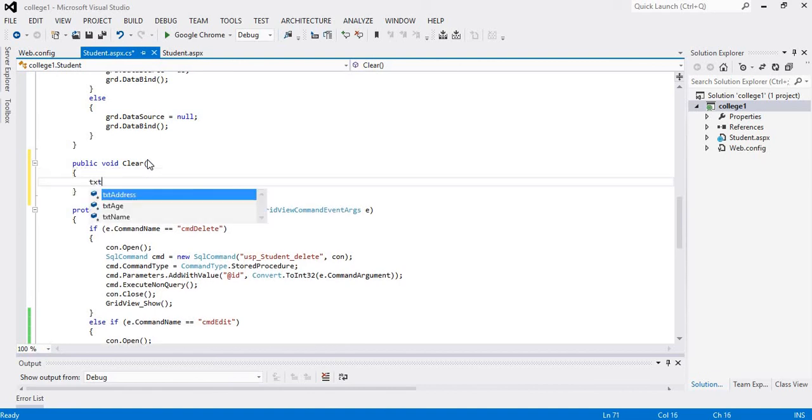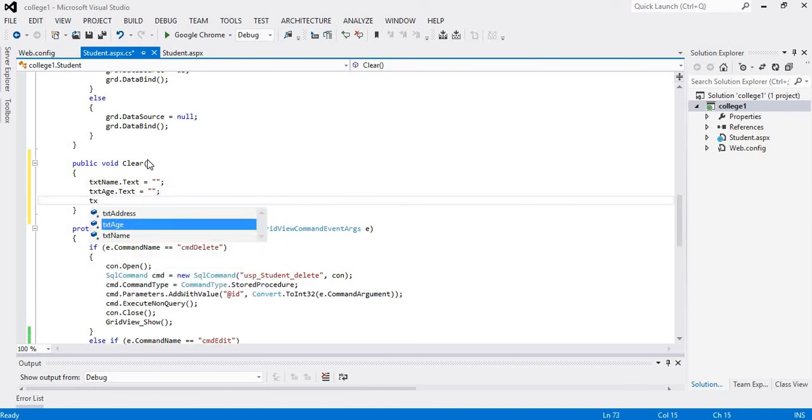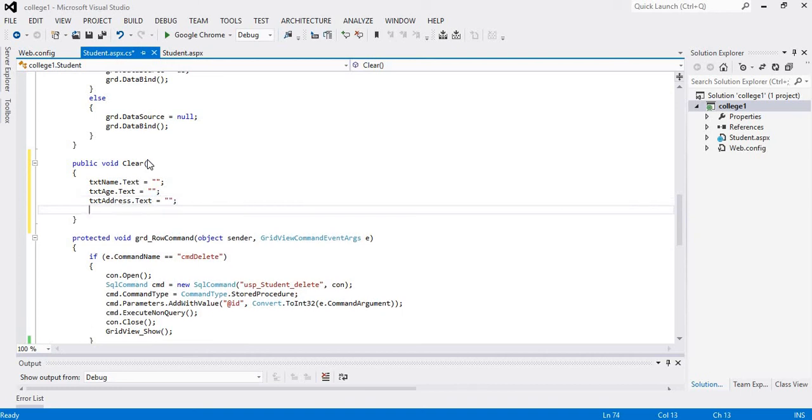Under this we will write txt name dot text equal blank, txt age dot text equal blank, txt address dot text equal blank again, and btn save dot text equal save.